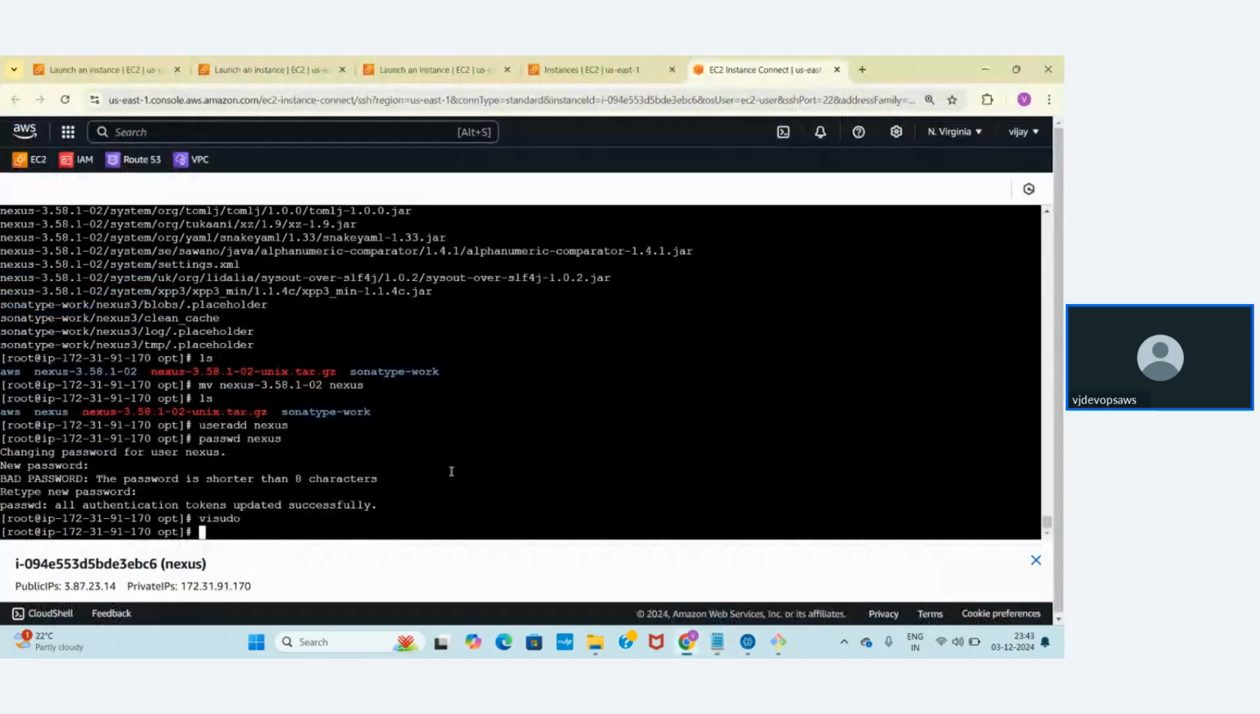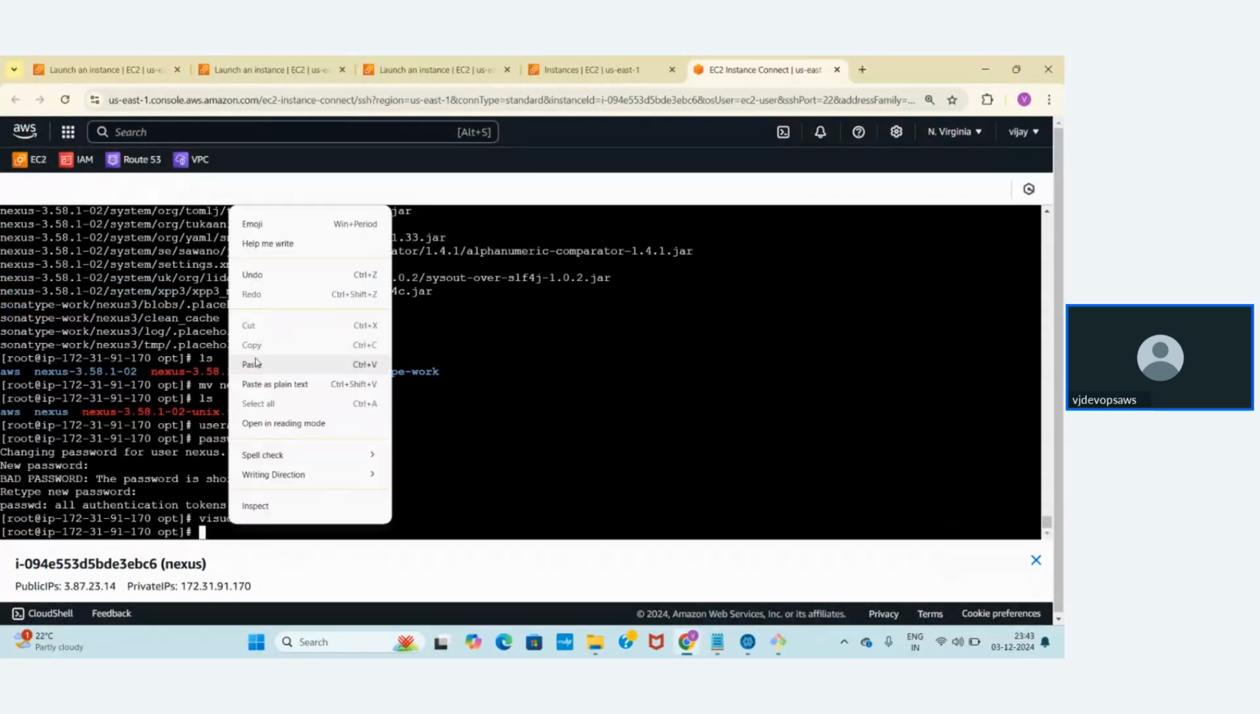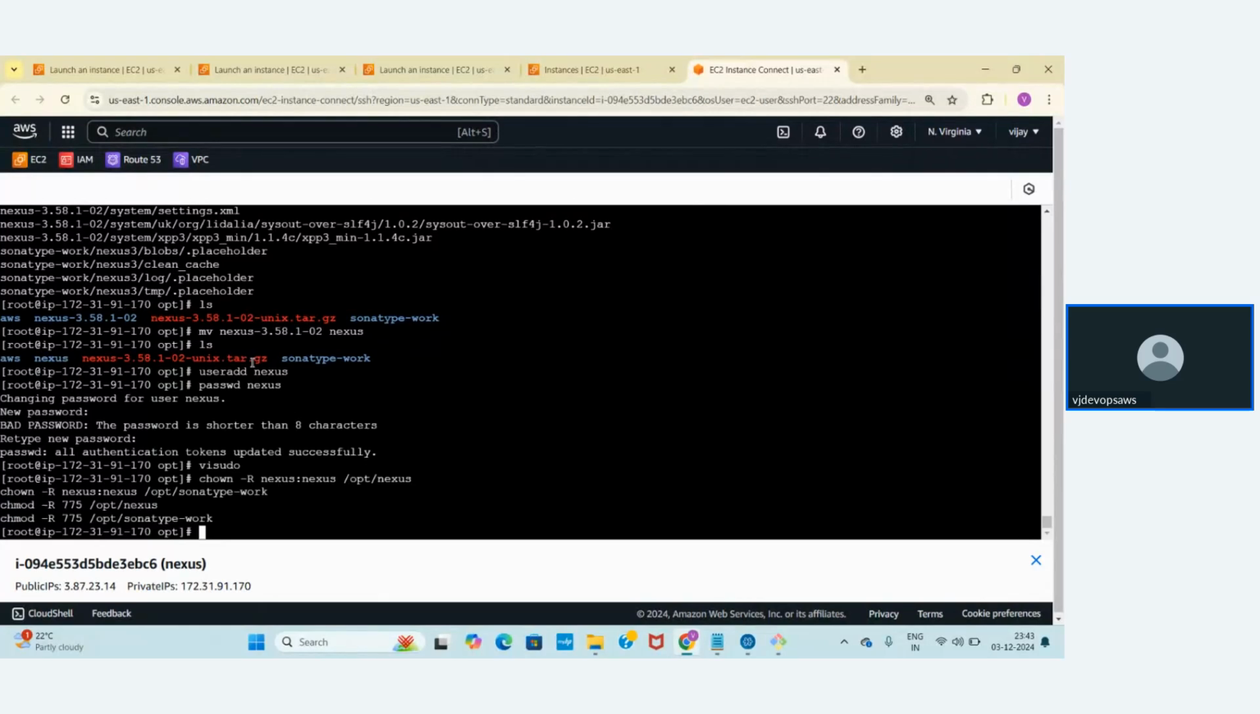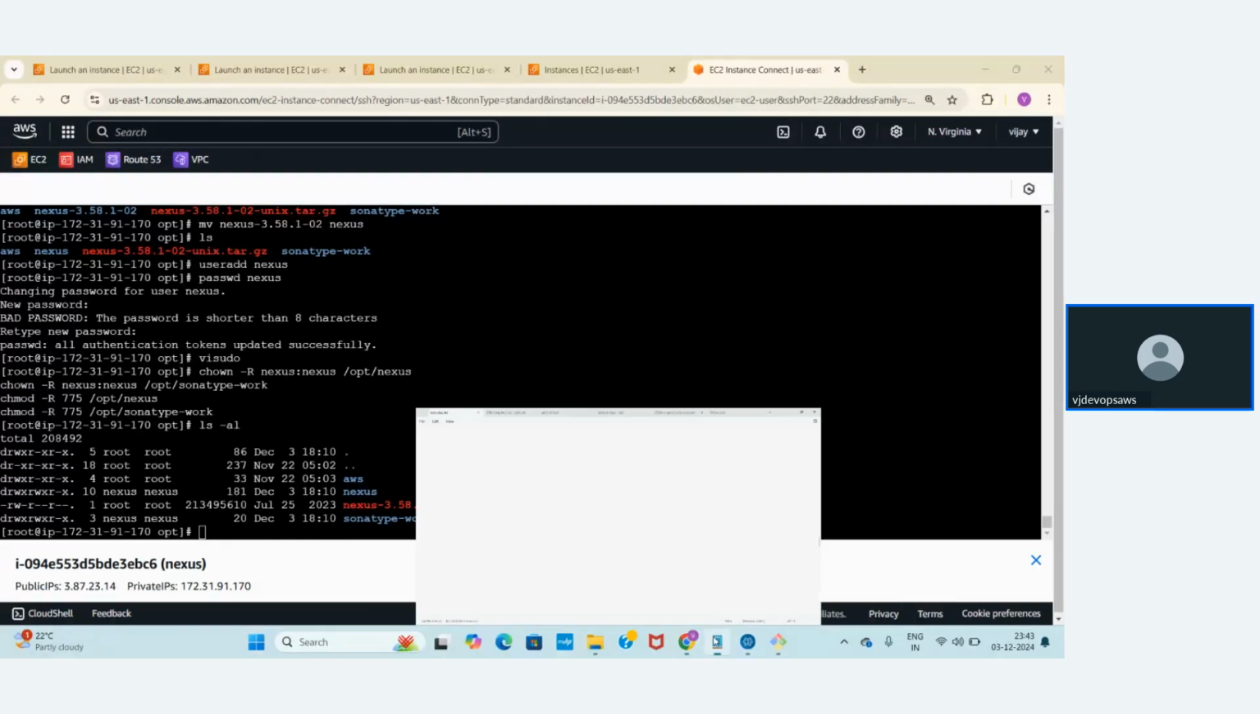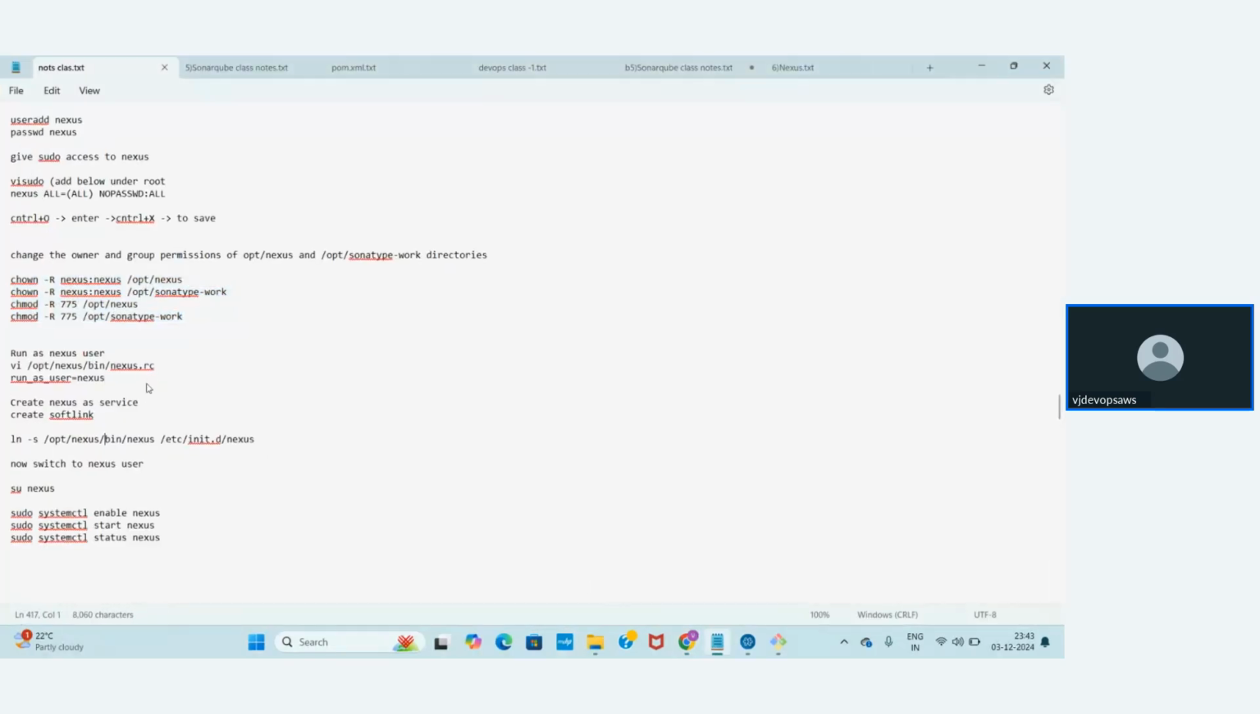Okay, so I'm going to run this one. Let's see what is going to happen. Click on it. Now let me give ls -al. Now see for nexus and sonatype-nexus, the user earlier was root and root. Now it has changed to nexus and nexus. So once you're done running this command,